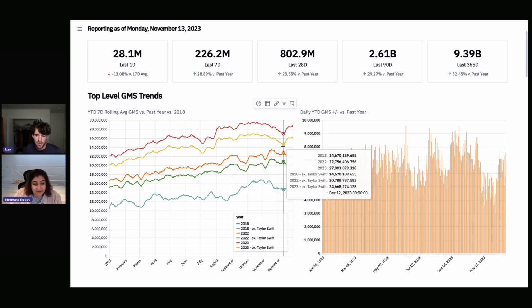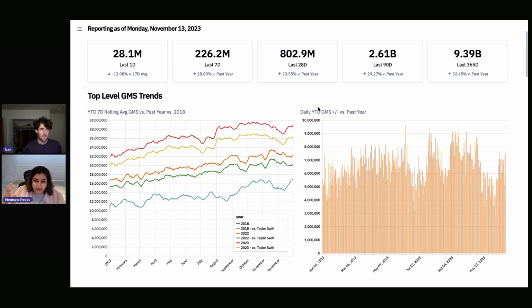I know it's all fake data, but just to ground us in the app, what does GMS stand for? Like, what are we actually looking at? Yeah, good question. You can basically think of it as gross revenue. So it's just a top line dollar number for sales. So yes, that's an important call out. This is essentially a sales report of how we are doing as a business globally over this past year and different time periods.